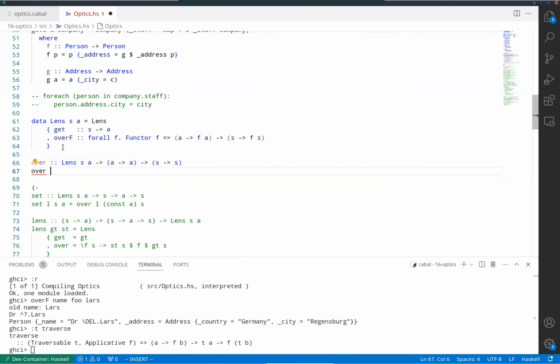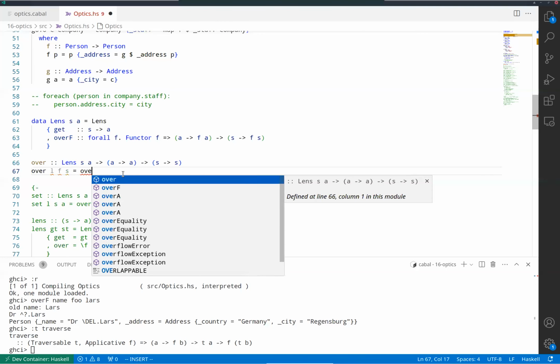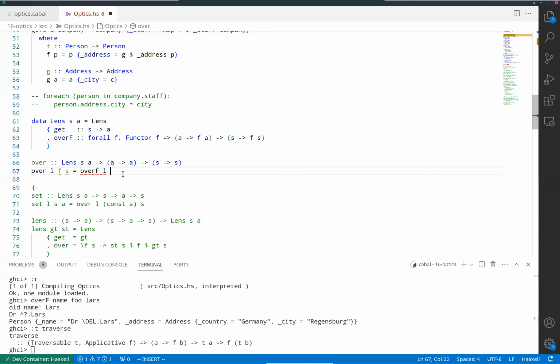Now if you remember the beginning of today's lecture, we had a similar situation where we had map A, and we wanted to recover map. And there the trick was, we are in a similar situation where we have this F that we can play with. So we can instantiate F to a functor that suits our needs. And the same trick that worked at the beginning of this lecture using identity works here as well. So given a lens and a function and an S, we just use our over F of the lens applied now to the function